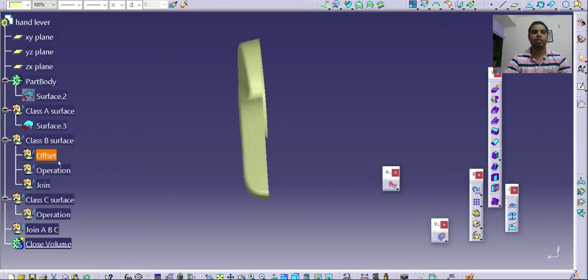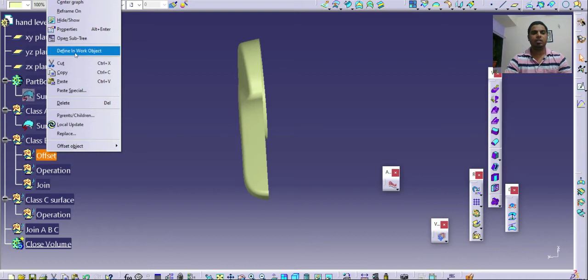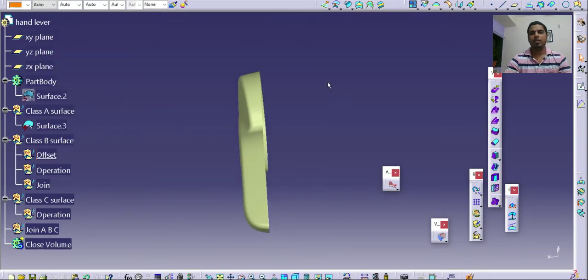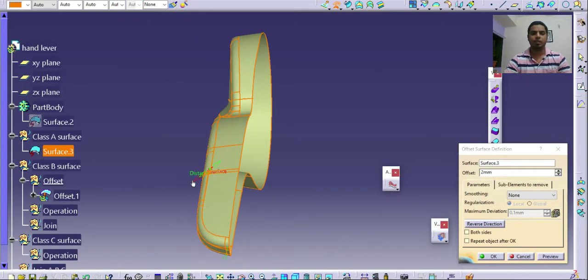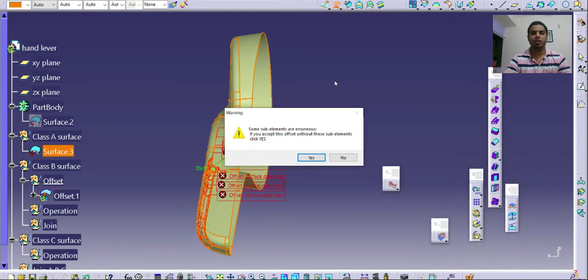That's why we use geometrical sets in CATIA. I will use a simple offset command, select this as my base surface, specify the offset distance as 2 mm, and the direction of offset will be inward, so I will simply press reverse direction.